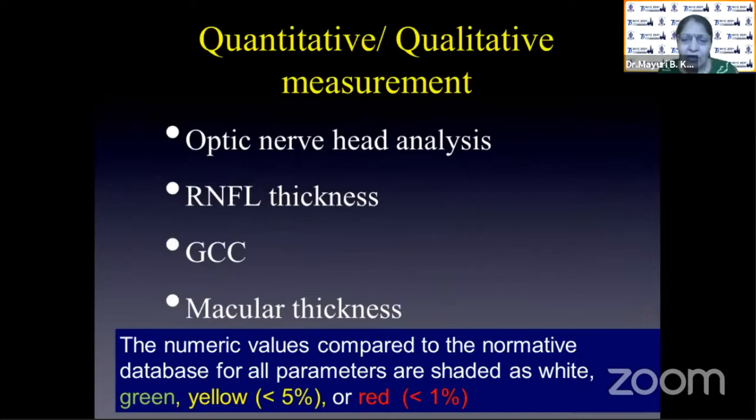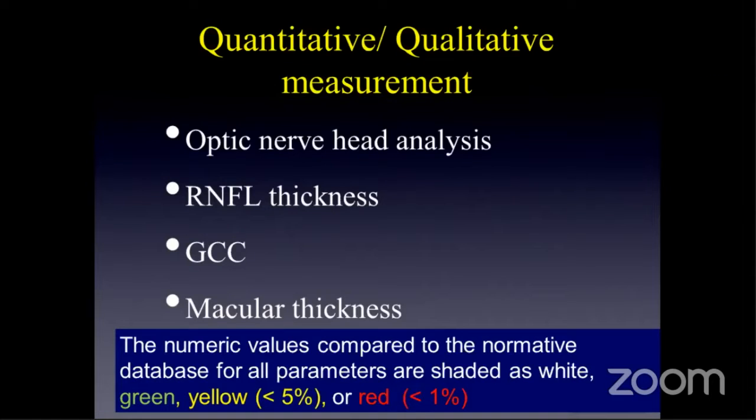What we get out of this technology is quantitative as well as qualitative measurement of the optic nerve head, retinal nerve fiber thickness, ganglion cell complex, as well as macular thickness. The numeric values compared to the normative database for all parameters are shaded white, green, yellow, or red. Yellow means only 5% of the normal population can have this value, and red means it is highly significant, hardly anybody can have that.